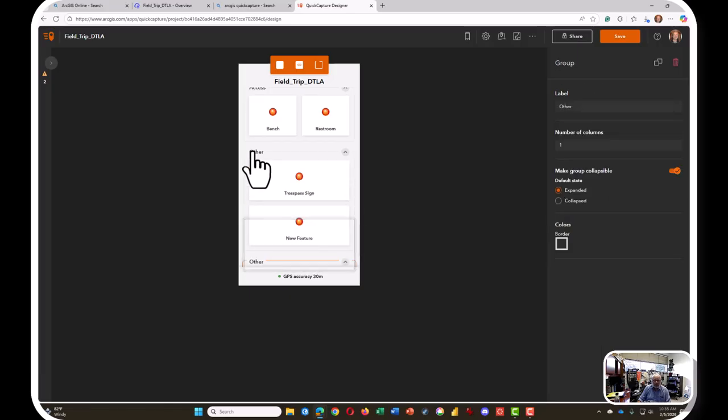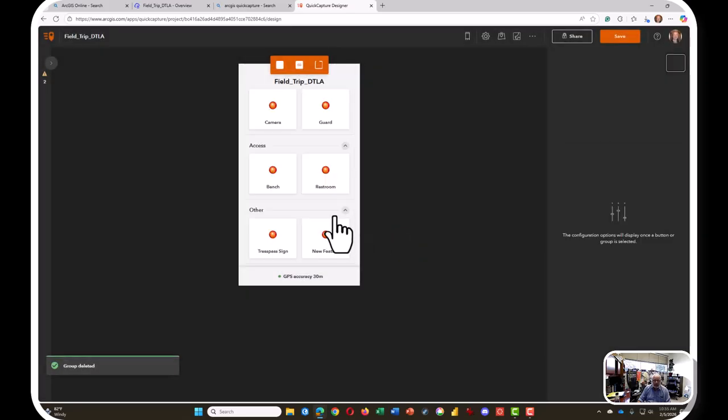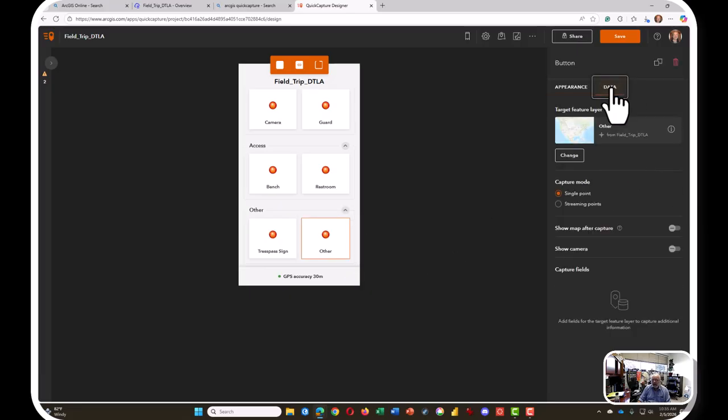I got to click on other and make that 2 columns again, and then delete other altogether, delete, and then this was other. This was the one, once we click on other, click on the data layer and activate camera,